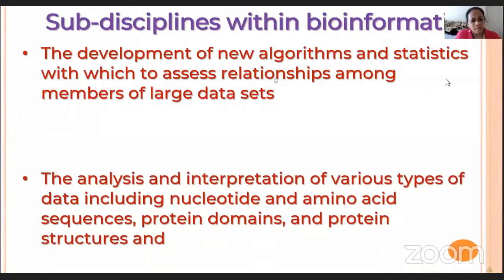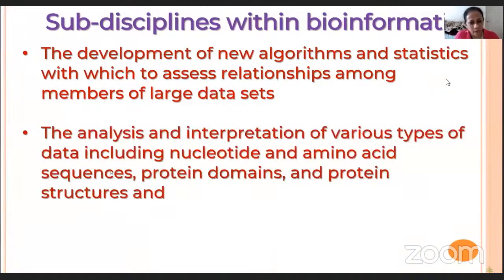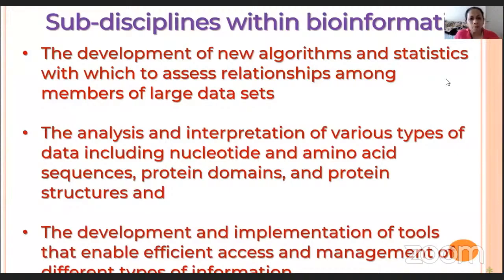And then we have analysis and interpretation of various types of data, including nucleotides, amino acid sequences, protein domains, and protein structures, and how do we get structures to function, and all of those things. And then the development and implementation of tools, because we can generate data. We can have computer scientists to develop tools to look at the data.